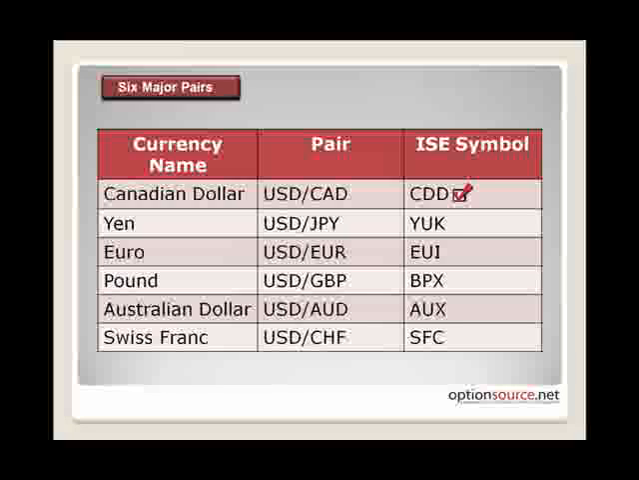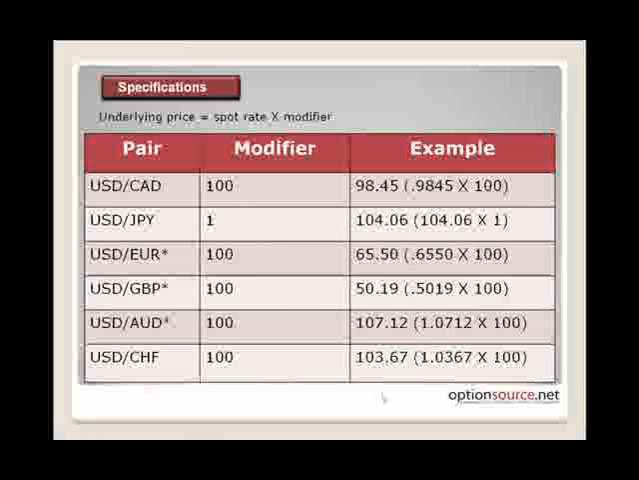Tonight we'll be focusing on the CDD, the YUK, the EUI, and the BPX. Use the ISE symbol to view the pair value charts through your current charting software provider. To calculate the pair value, simply multiply the spot market value by 100. All currency pairs are multiplied by 100 except for the US dollar versus the Japanese yen, which is simply multiplied